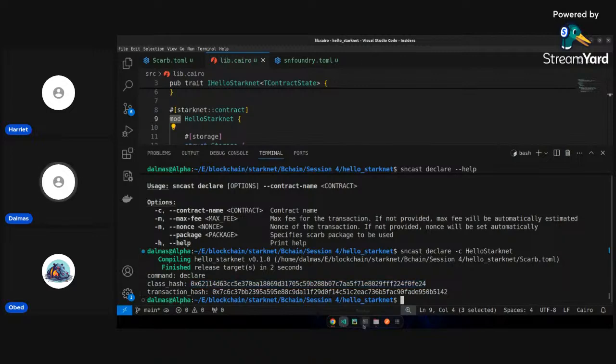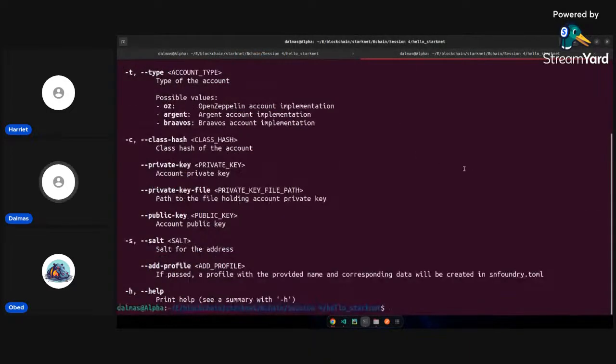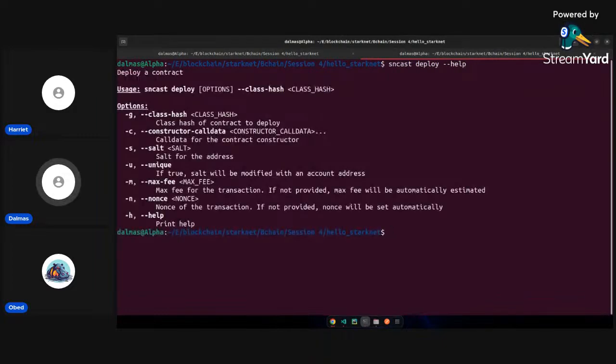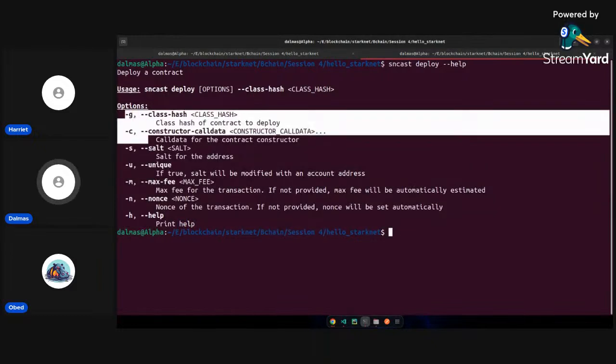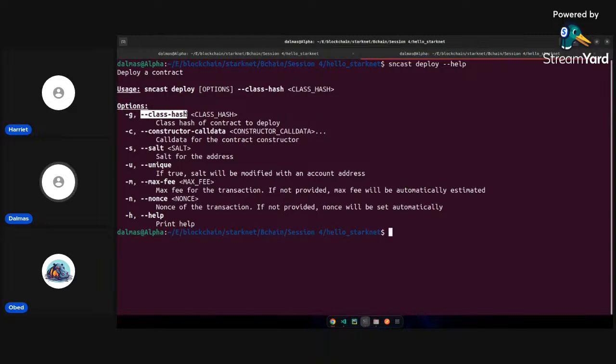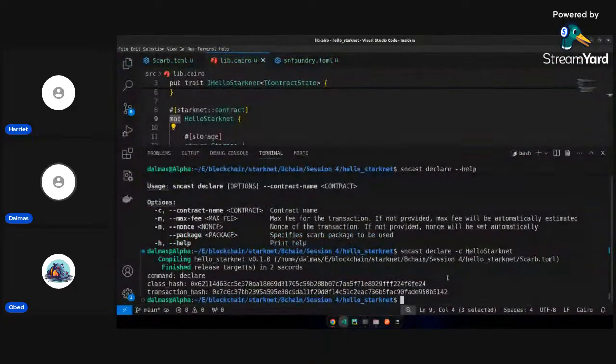And then the next command is sncast. So I'm going to just clear this one. It's a sncast deploy --help. In deployment, it will only require you to pass in the class hash and any other constructor call data. There are other properties here, but these 2 are the most critical if there's a constructor. I'll explain what a constructor is in the next class most probably. So it only needs the class hash. So you can copy this and use that one in your next